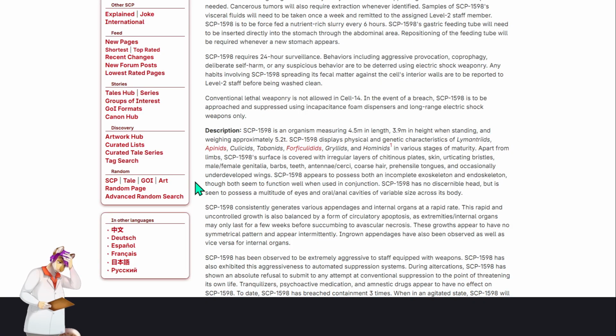Any habits involving 1598 spreading its fecal matter against the cell's interior walls are to be reported to level 2 staff before being washed clean. Conventional lethal weaponry is not allowed in Cell 14. In the event of a breach, it is to be approached and suppressed using incapacitance foam dispensers and long range electric shock weapons only. Description: